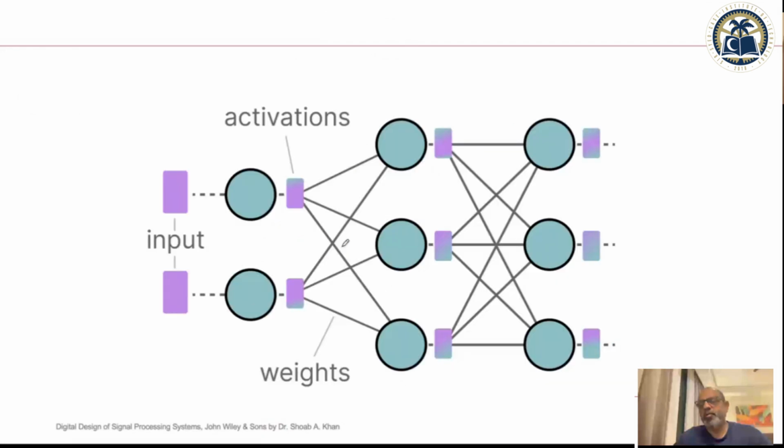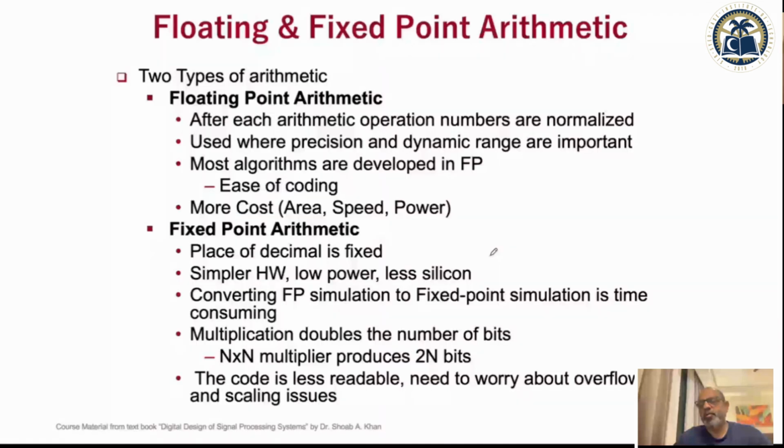And the same is the case with deep neural networks. Again, you end up having so many multiplications and additions, and these are the fully connected layers, and all the fully connected layers, the amount of weights that you have. So people are cautious about the precision. Understanding this is very important from an architectural perspective.